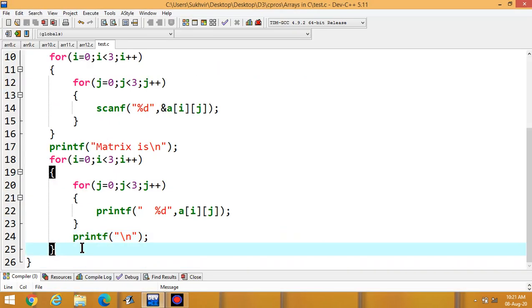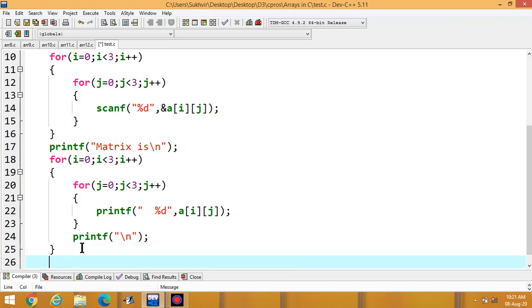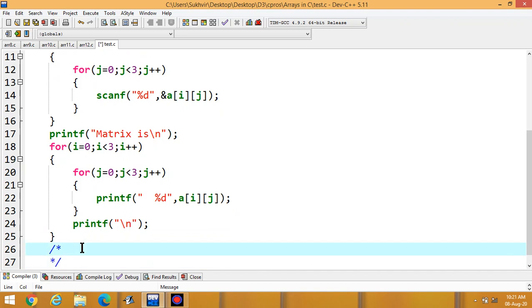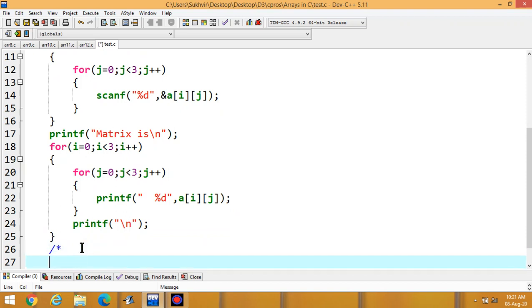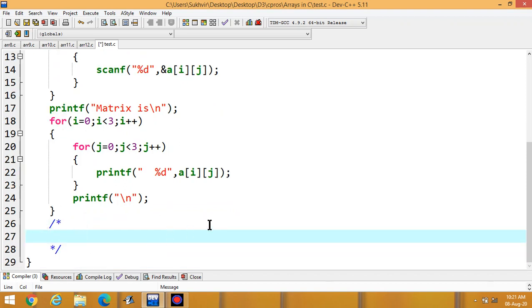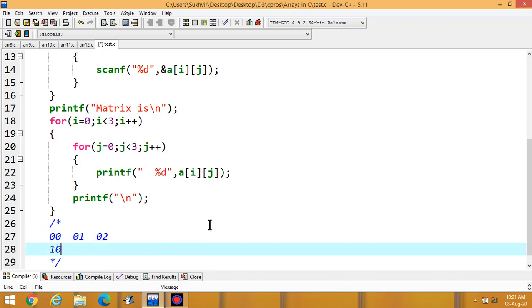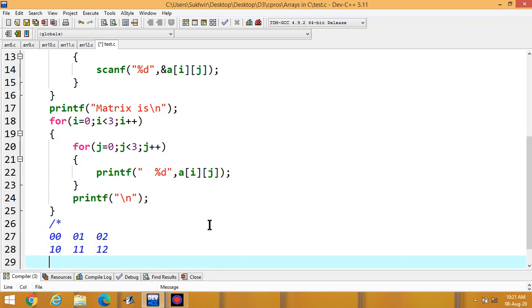Now what's required? Let's understand first of all how to find the transpose. The positions of the elements are 0 0, 0 1 and 0 2. Then 1 0, 1 1 and 1 2. Then 2 0, 2 1 and 2 2.